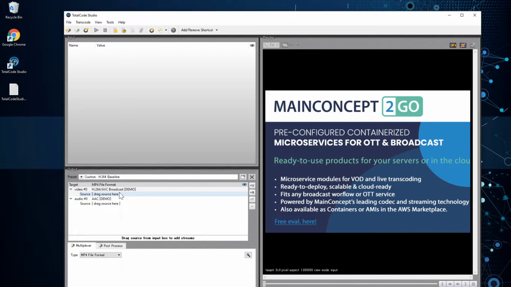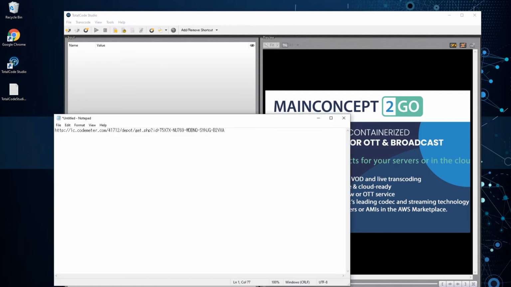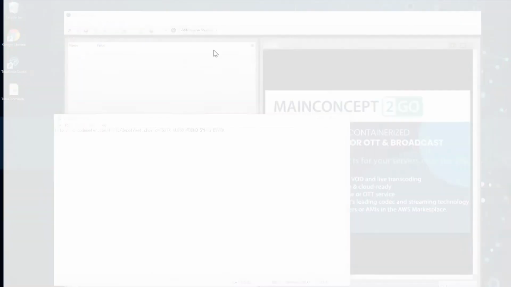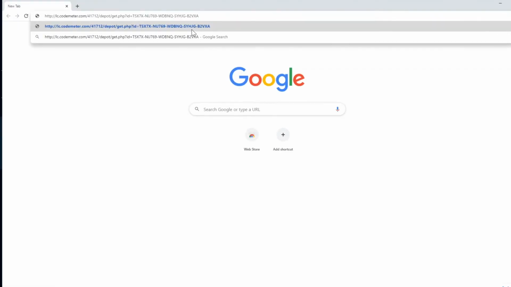When you purchase Main Concept application products, you receive a ticket ID. If you purchase online, you receive it by an email. A ticket ID looks like this. You can simply copy and paste the whole line to the web browser. This is much quicker than typing it in. However, if you only have it printed, typing just works as well. You can use any modern web browsers, but please make sure it is up to date.